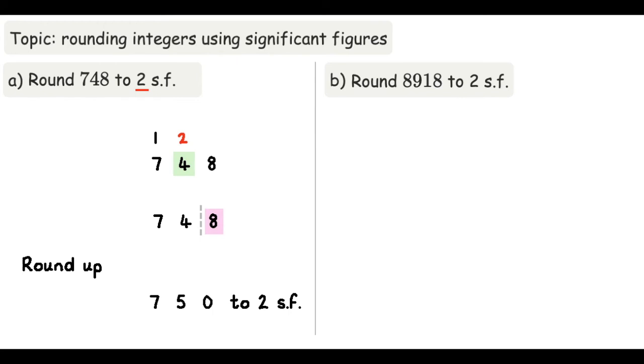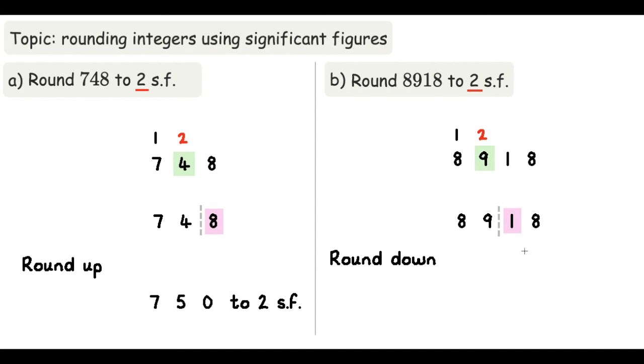Finally, why don't you pause the video and try and work through question B, and then we'll go through the workings together. So let's go through the workings. Again, we're doing this to two significant figures, and the second significant figure here is this 9. So let's put a line after the 9, and the number after that line is a 1. So that means we're going to round down. And we replace this 1 and this 8 with zeros, and so we've got 8,900 to two significant figures. And this kind of working is roughly what I'd expect you to do when you're working through questions on rounding